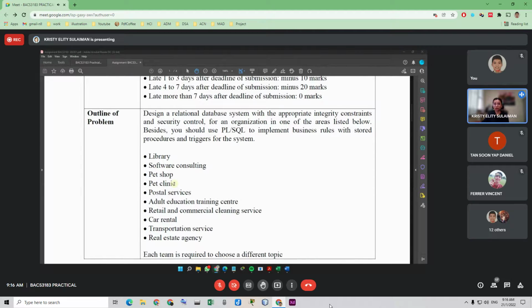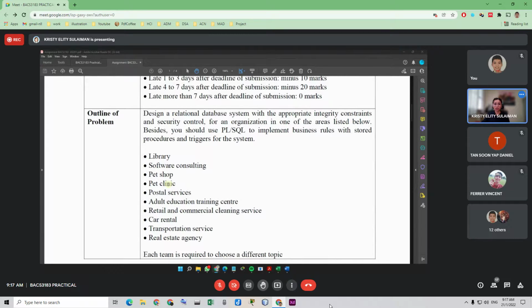So you all have already picked the topic. Group 1, transportation service bus: Noel, Kelvin, and Farah will be doing the transportation service. Group 2, pet clinic: Wong Nyap Hao, Jeremiah, and Nathan.